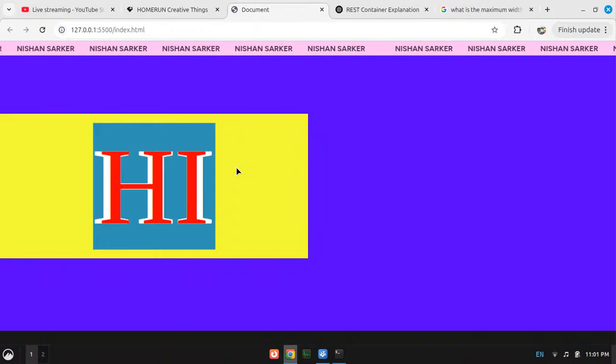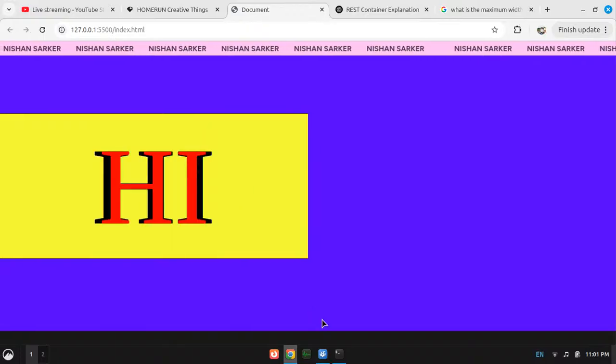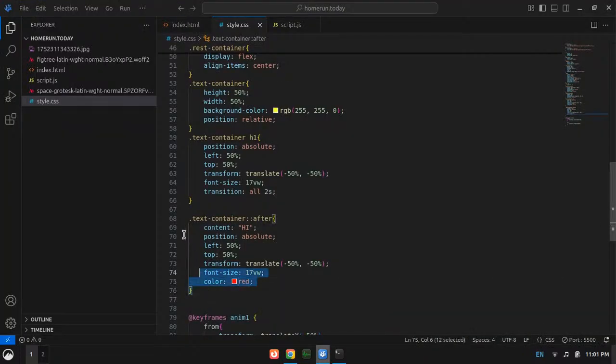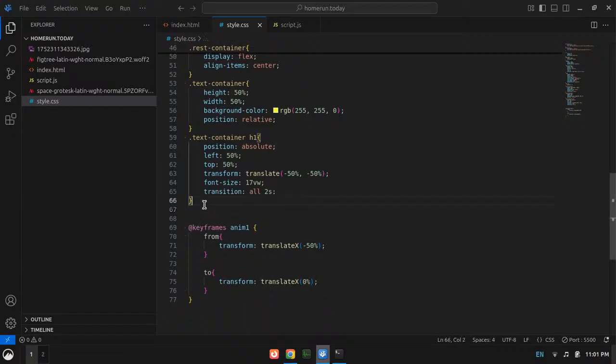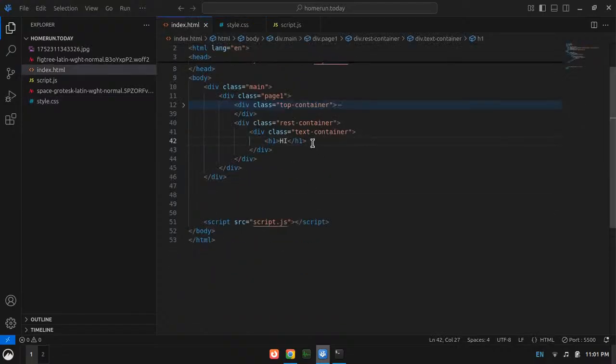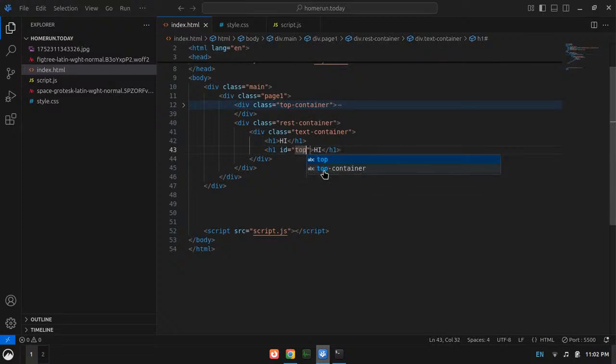Well, what I can do is maybe make a copy of the original div or something like that. Or wait, I will literally add two h1s with the same thing, right? One with id, let's say, top, another one with id, let's say, actual.